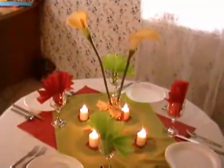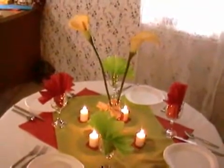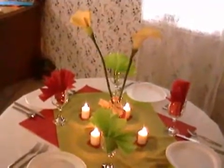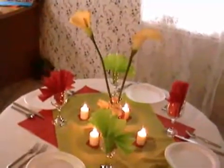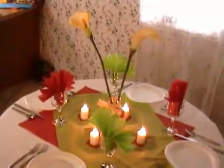Hi, welcome. We're showing brides how to decorate and have a beautiful, colorful wedding reception table on a low budget. You don't have to have a great budget, a high budget to have a pretty, colorful wedding reception. Now we're using cheap materials here for plates and stuff just to fill in the space to show you where